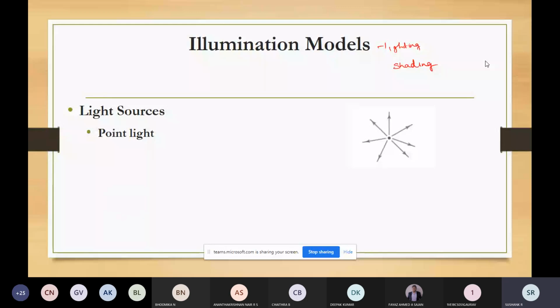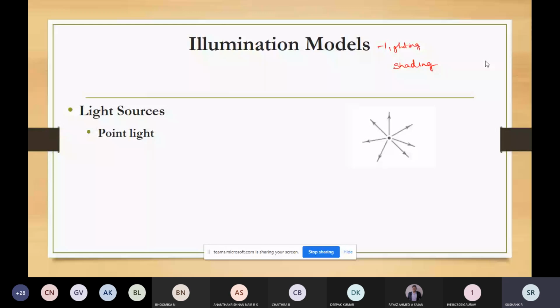Also, what is light? We know light is a form of electromagnetic wave. So we have a wide range of EM waves, like X-rays and gamma rays. Only the visible region, the visible light, is what humans can see. We have radio waves also, and all of these are not visible. We'll talk about light as an electromagnetic wave, and we'll talk about that point also.